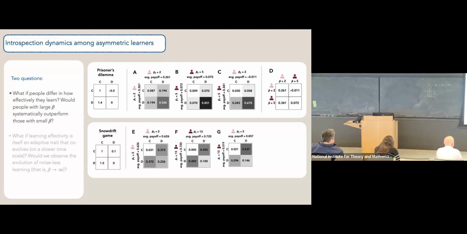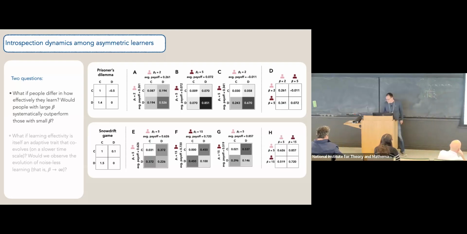It turns out that most of the time, the player with the small selection strength defects. The other one cooperates. So that's actually the Nash equilibrium that favors this player. So in particular, the player with the smaller selection strength has a higher average payoff than the player with the high selection strength. Okay?